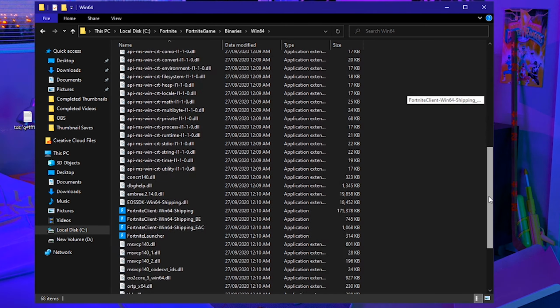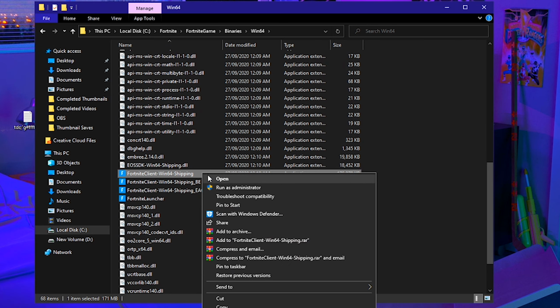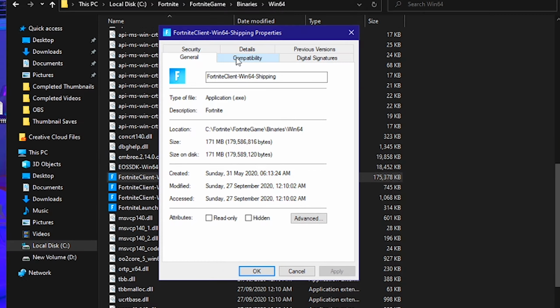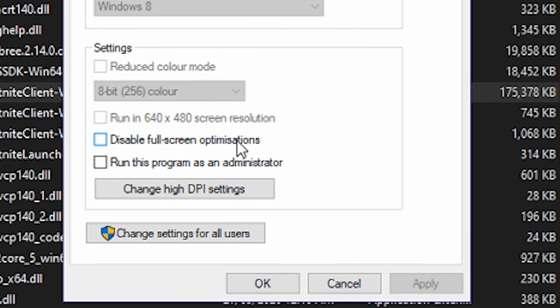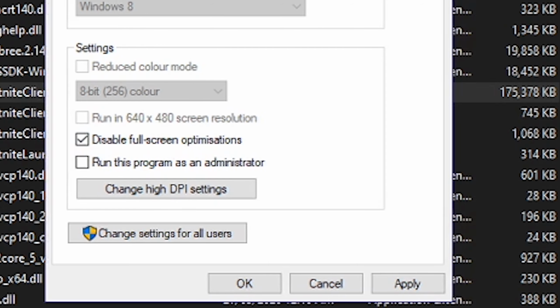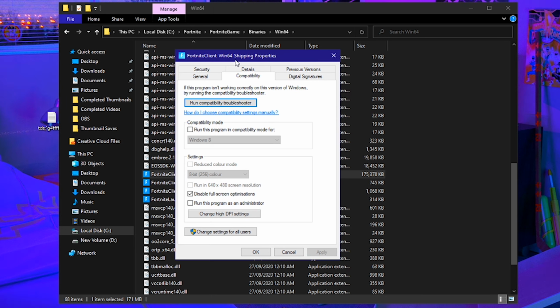You want to scroll down until you find FortniteClient-Win64-Shipping. You're going to right click that, go down to properties. When you're on this window, you want to go to compatibility. And where it says disable full screen optimizations, you need to tick this box and press apply. Now what that'll do is it disables full screen optimizations, gets rid of WDM, Windows desktop compositing lag,